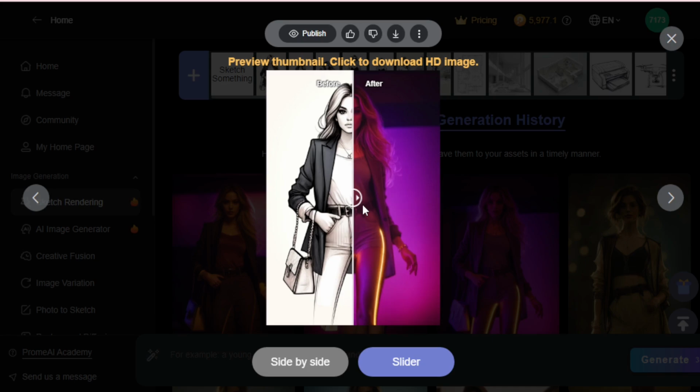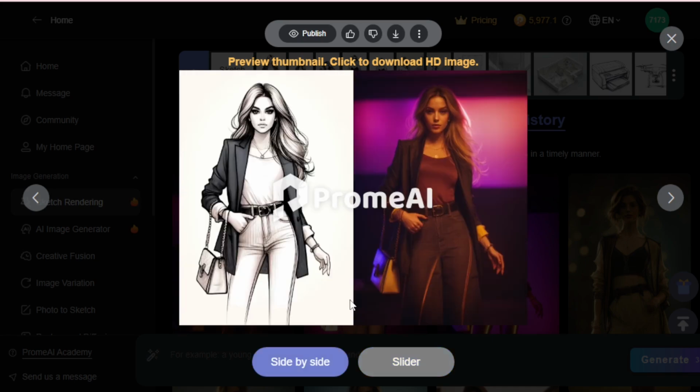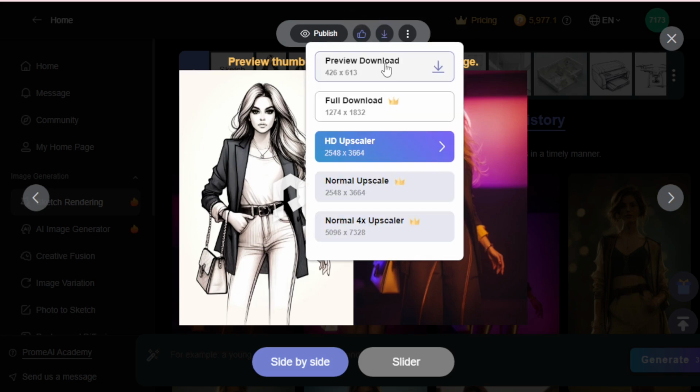But the best part of this tool is you access all your editing tools directly here. Let's see. First, you see the Publish tab. If you want to publish this post in the community, then click to publish and publish now. Next, if you like or dislike this image, then give your feedback directly here. Next, if you want to download this image, then click this Download tab and download it in preview or full